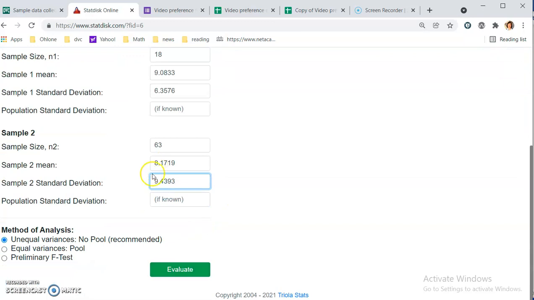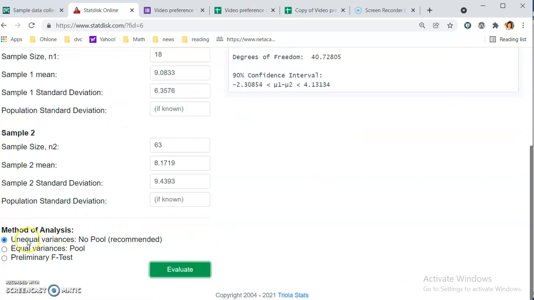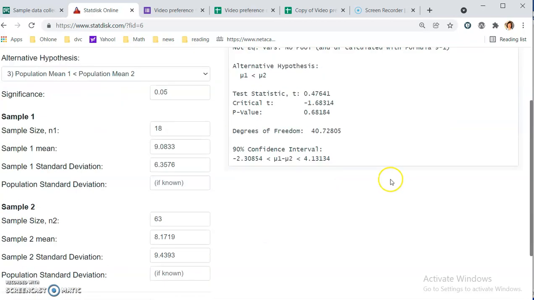But of course sample data vary, so even if one is less than the other one, the hypothesis can still be true. So we choose to assume unequal variance, so we don't put the